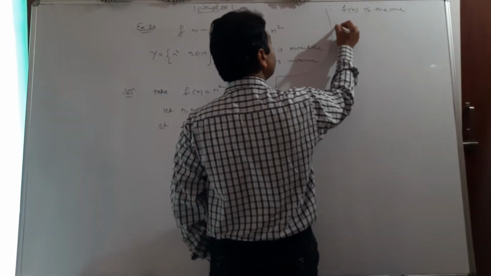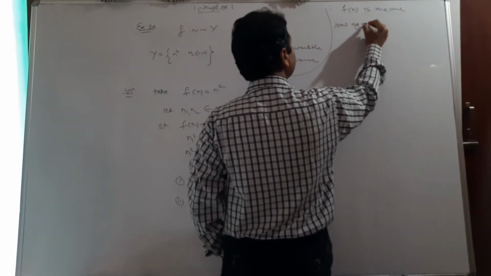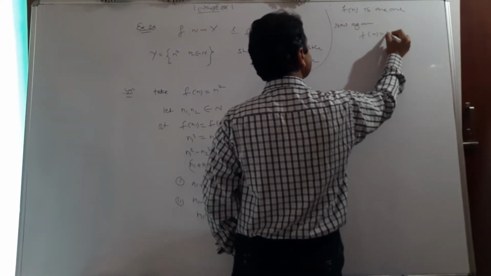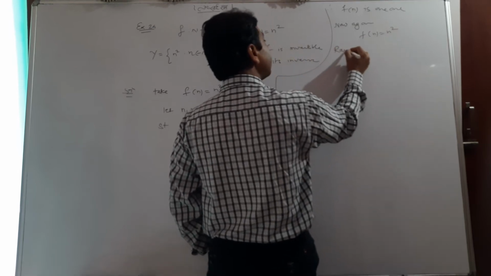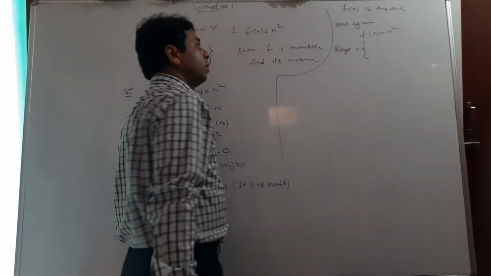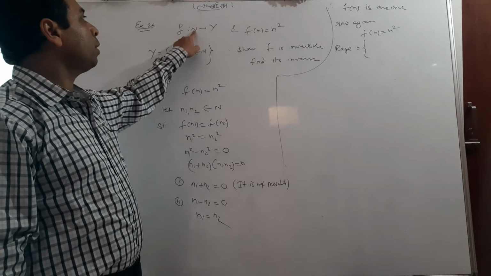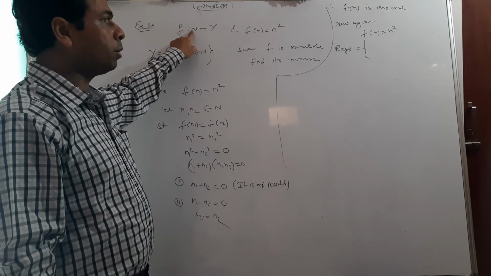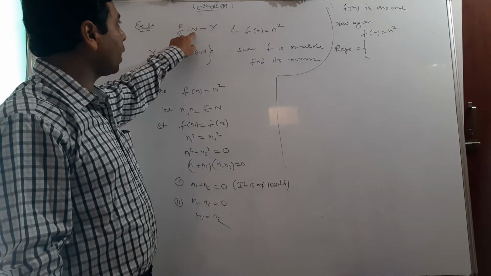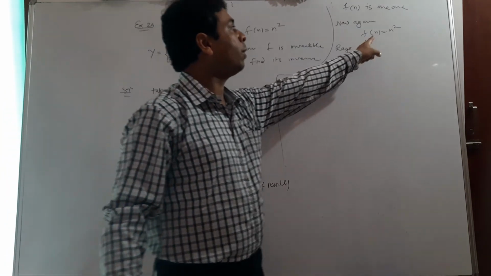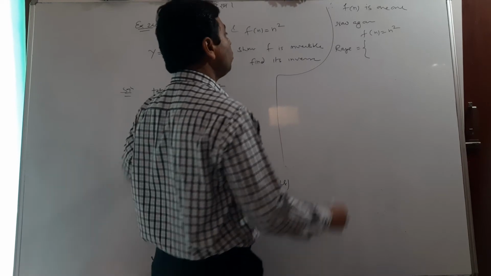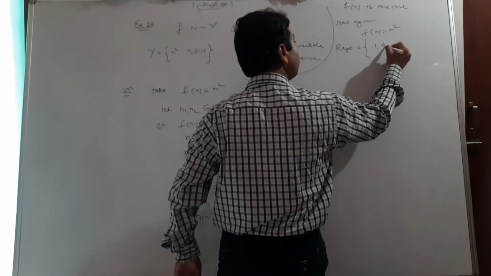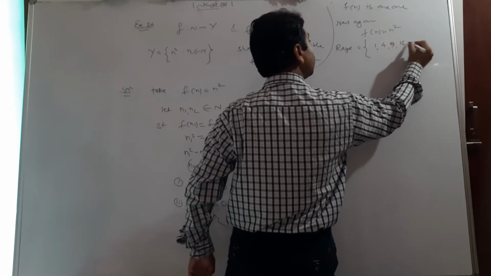So for onto, again the function is n square. So what is the range set? I ask you, what is the range set? So how to find the range? Put n equal to n, where n is a natural number. For all n natural numbers, whatever values the function takes will be the range. So put n equal to 1. 1 1s are 1, 2 2s are 4, 3 3s are 9, 16 and so on.